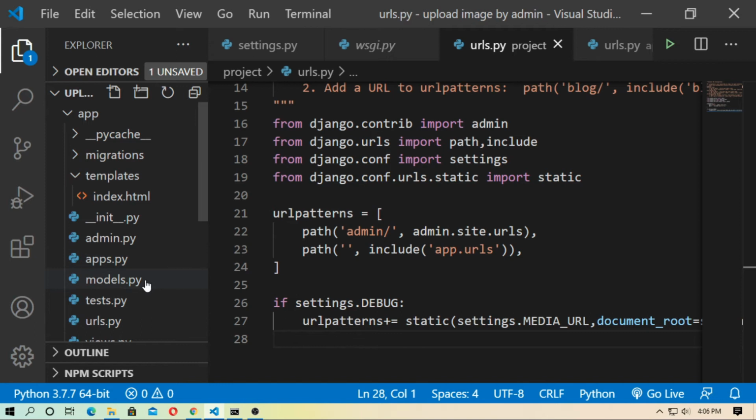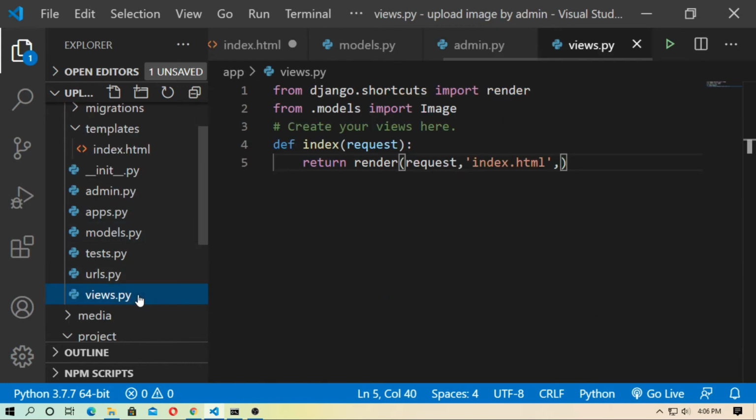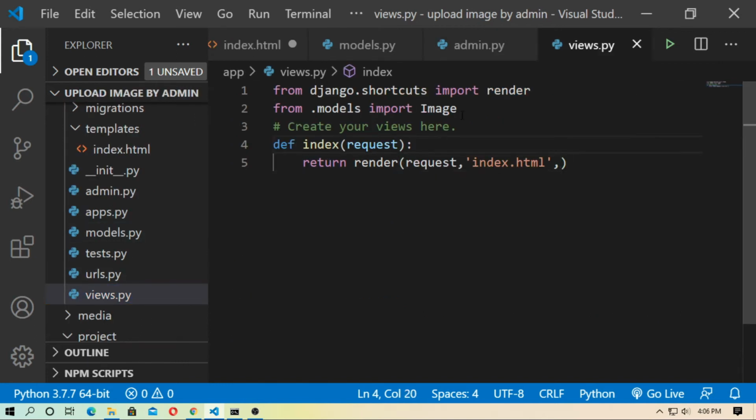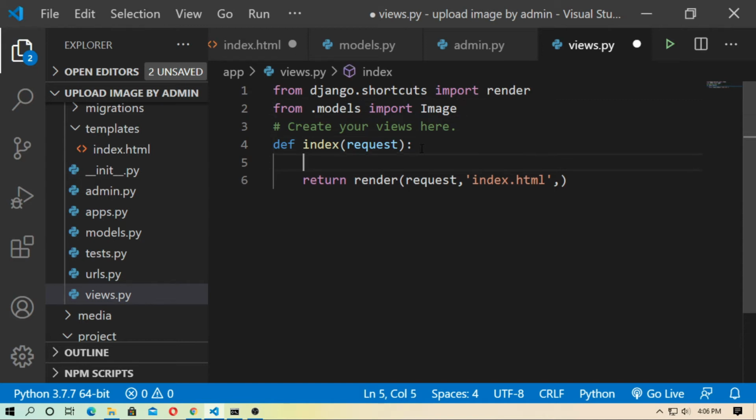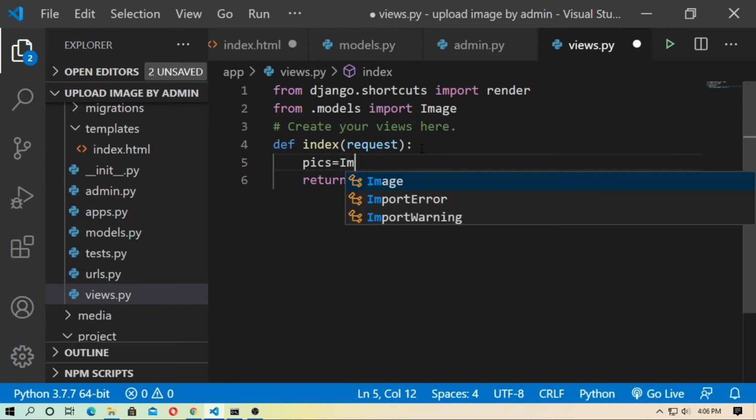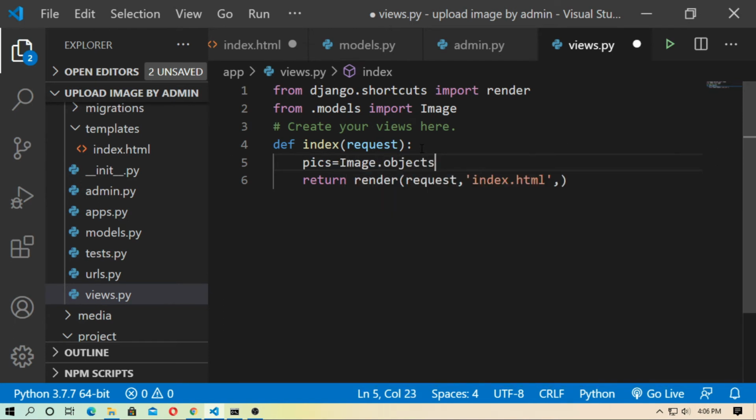Go to views.py in the application. Here at first you have to import the model: from .models import Image. Now create a variable named pic equal to Image.objects.all.